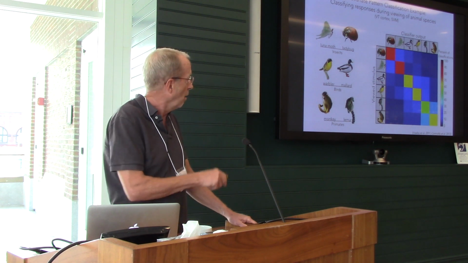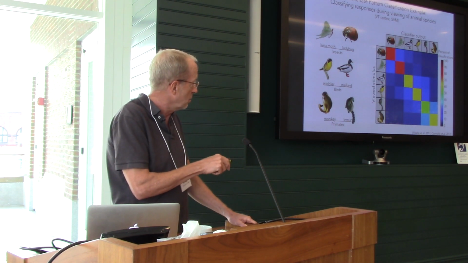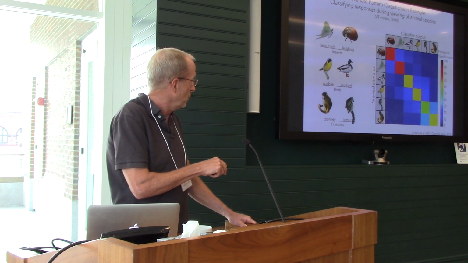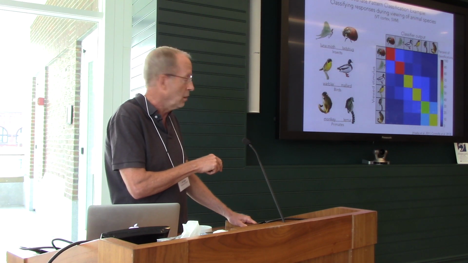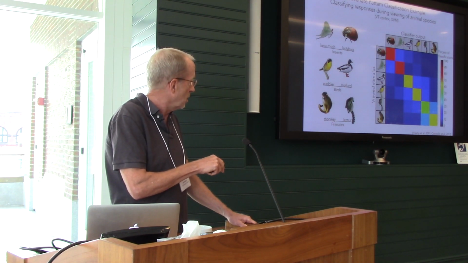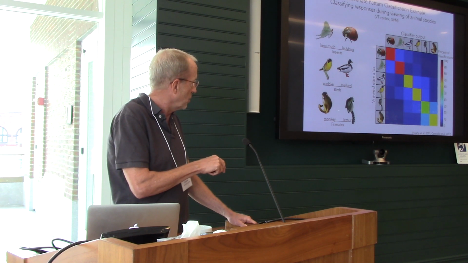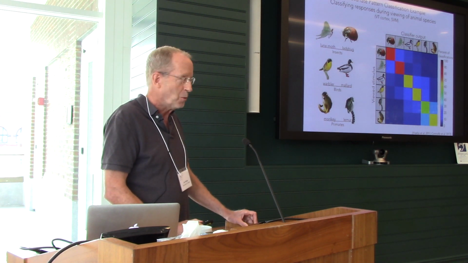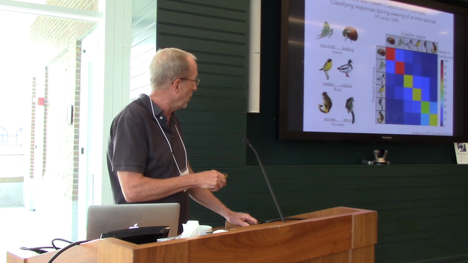This worked really well, and we can classify all these animals, including finding distinctions of one bug versus another, or even one primate versus another. This is a ring-tailed lemur, and this is a squirrel monkey. And the surprising thing is that many of our subjects didn't even know the difference between lemurs and monkeys. But their brain made a distinction between them.